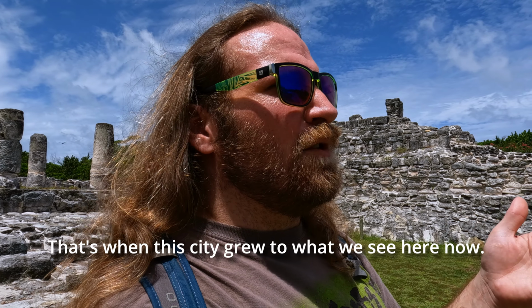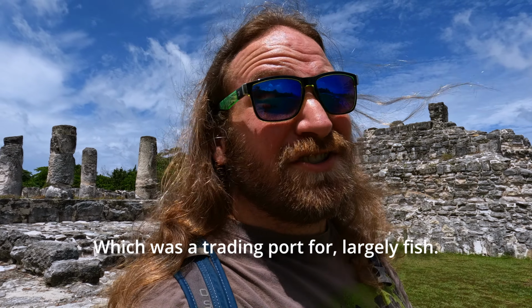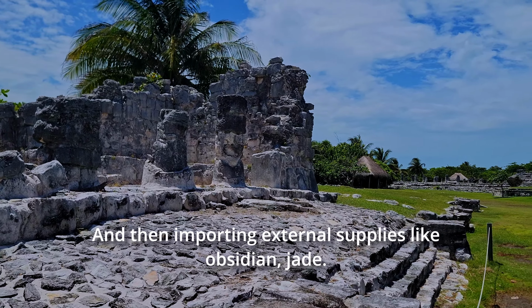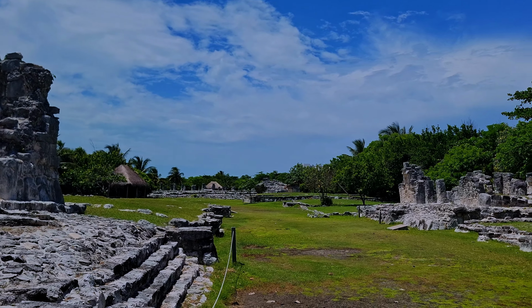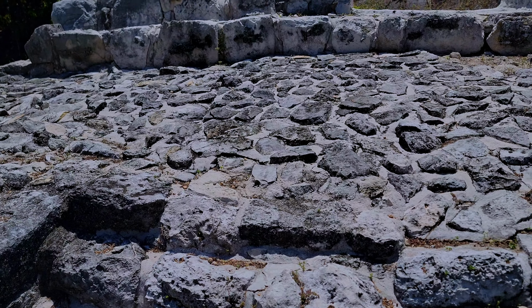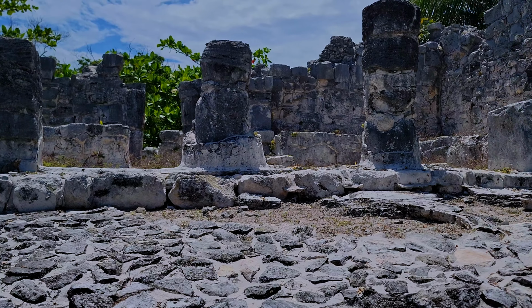And that's when the city grew to what we see here now, which was a trading port for largely fish, and then importing external supplies like obsidian, jade, things like that that the Mayans used regularly. This was believed to be one of the most important cities here in the Cancun area for the Mayans in the late period, and a large chunk of it was destroyed, sadly, when they constructed, I'm blanking on the name of this road,